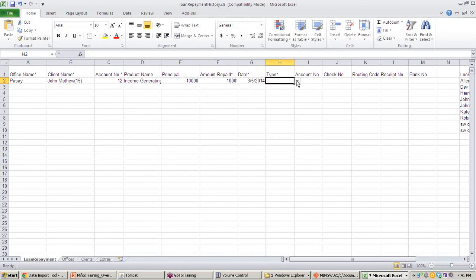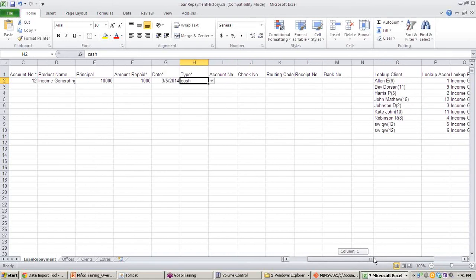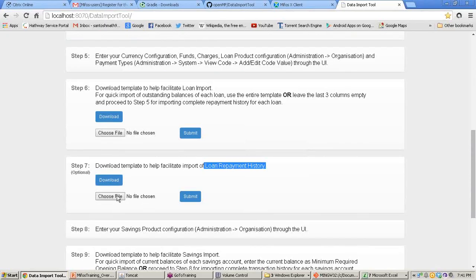How he has paid, let's consider cash. The remaining fields are optional; you can fill them up, or enter the check number, routing code or receipt number. All the mandatory fields are filled here. Save it. The Excel file name is loan repayment history.xls. Just upload that file for John Matthew.